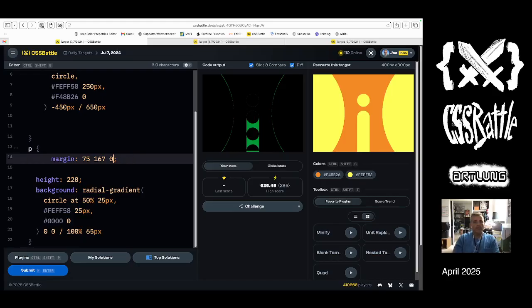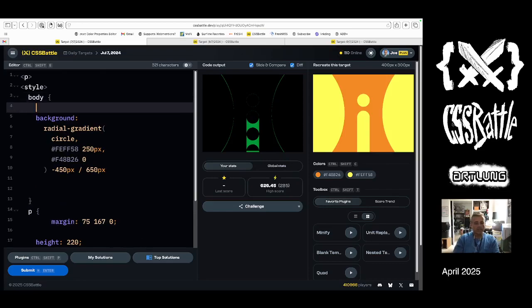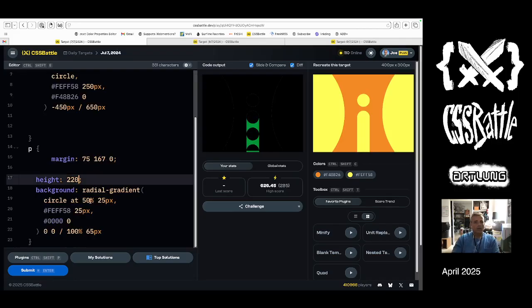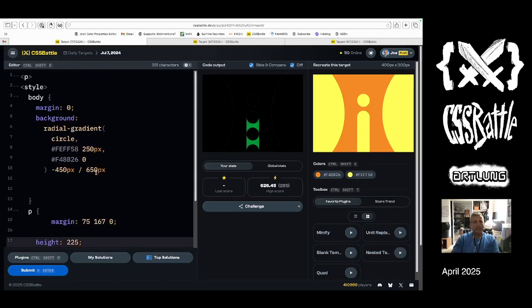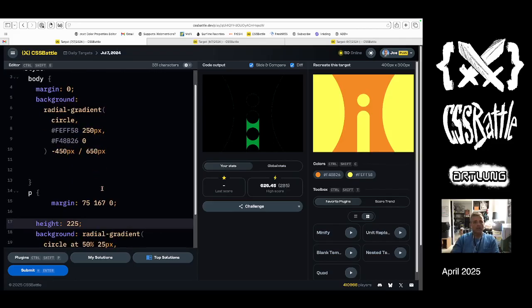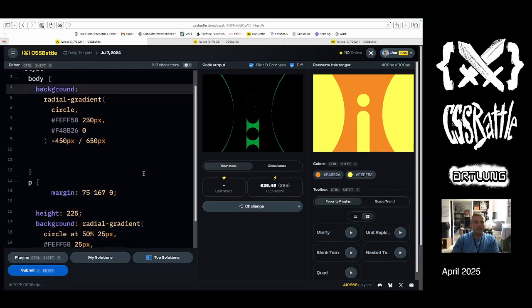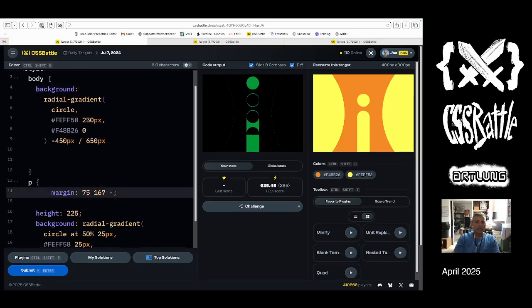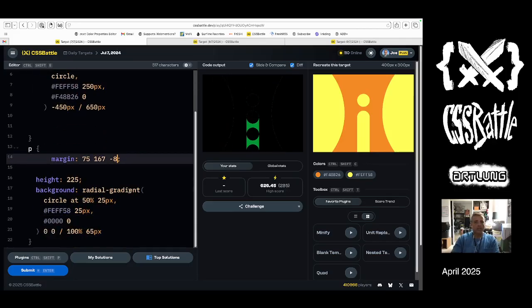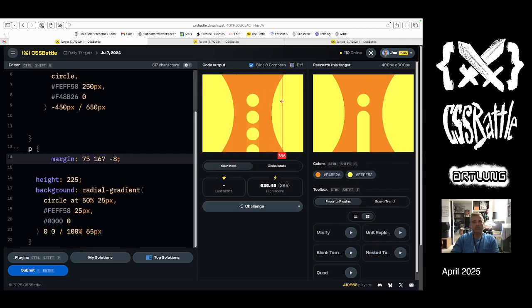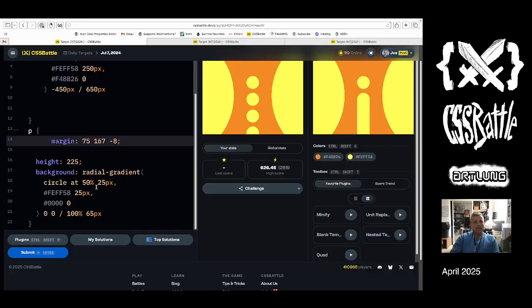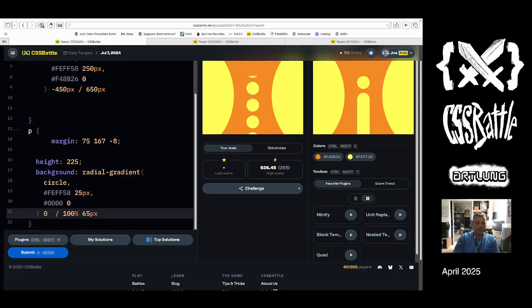Kind of weirded out by the fact that this is okay. So I need a margin 0 here. So that's the issue. This body has a margin on it. And so if I remove this, I need to overwhelm the margin on the body. And so then I can create that height at exactly what I want. Okay, so if I can now remove, I believe, this @ and alter the vertical minus